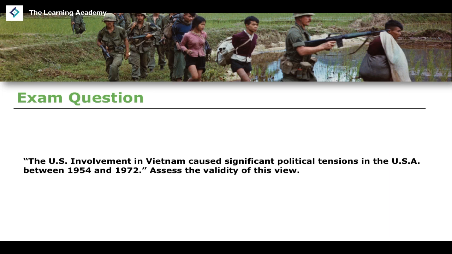It became a very difficult issue for politicians to resolve, from Johnson to Nixon to Ford. We see that the involvement in Vietnam is something that becomes a problem. It becomes a question that has to be answered, okay? But again, you can make the claim that at least initially, at least in the early stages of this particular period, there were not as significant political tensions at all. And in fact, during this period between 1954 and 1972, there could have been other political tensions that were more significant than the involvement of the United States in Vietnam.